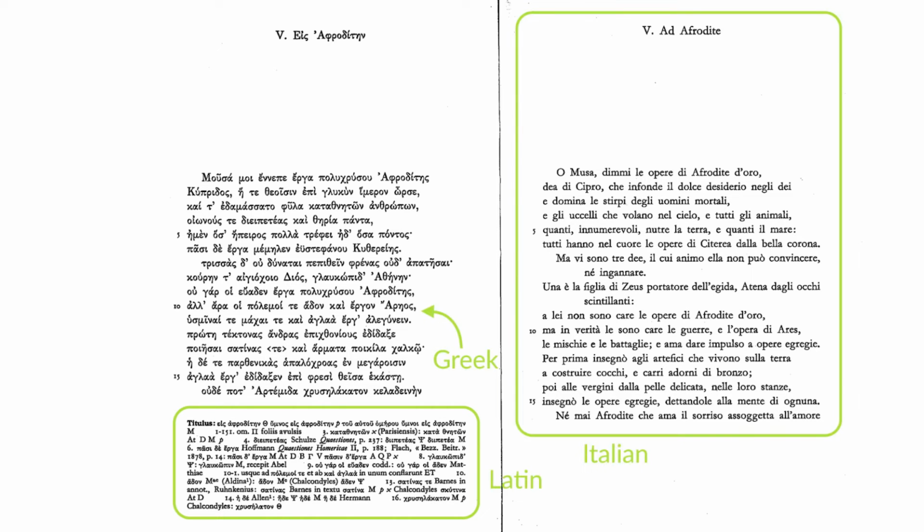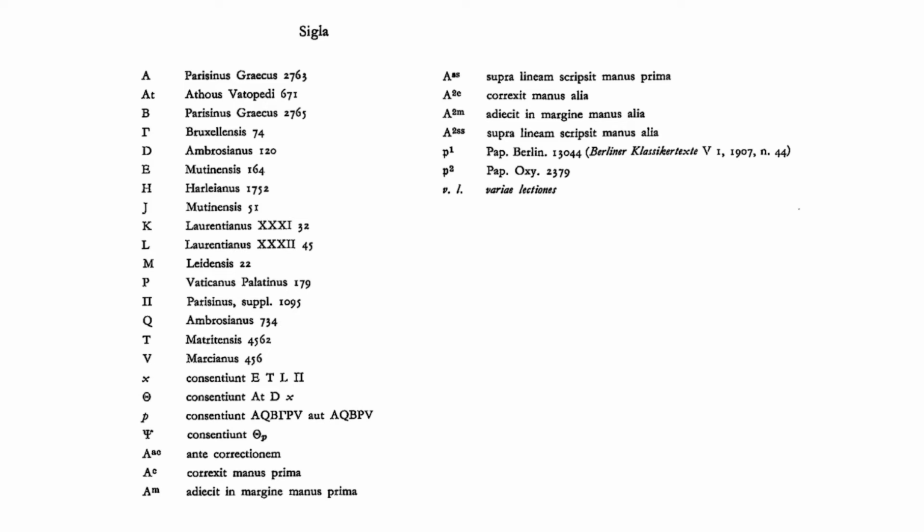Fine, but think about the languages you can see on these 2 pages. The poem is in Greek, the app crit is in Latin, and then we've got the facing translation, which is in Italian. The introductory material is in Italian too. 3 languages. If you're using Italian for the translation, use it for the app crit. Using an extra language there isn't for anyone's convenience. Let's check out the list of manuscript abbreviations.